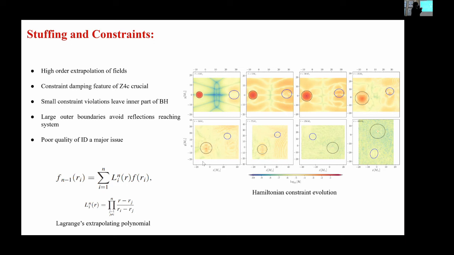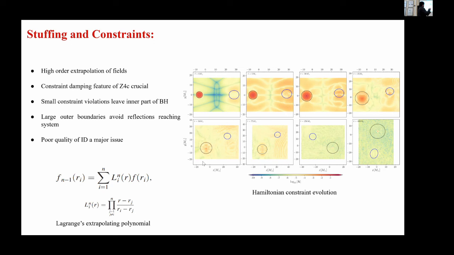Here, this is the initial time slice. We fill the black hole interior, and we find that most of the constraint violation is concentrated within this black hole interior. The blue circle marks the surface of the neutron star. The other features that you see are because we are using LORENE initial data here, which has a spherical grid, and we then transform it to Cartesian coordinates. So there are some features from this map.